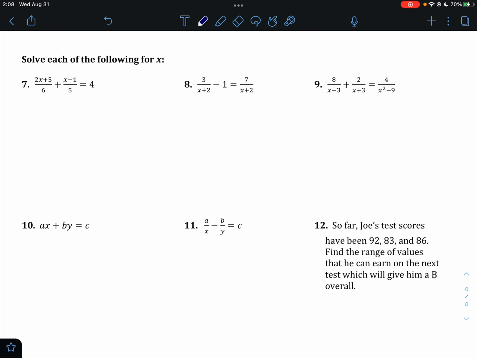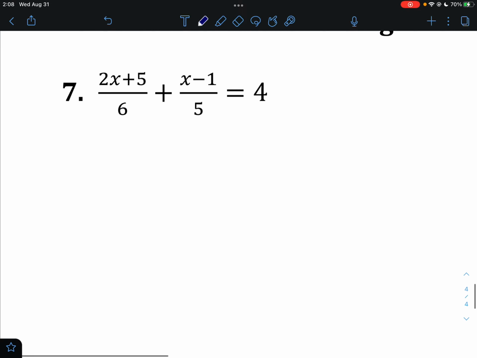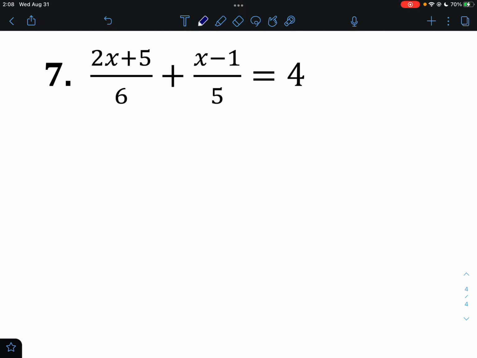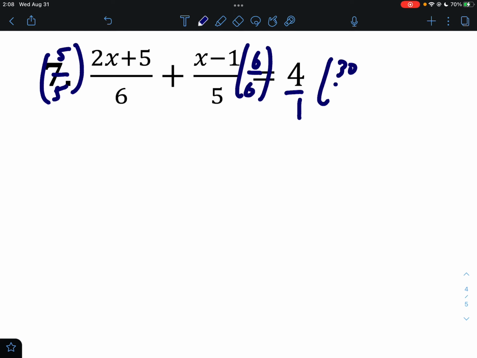On our last slide, we're going to do some solving now. All right. So to solve, we still want to get a common denominator. The common denominator here, remember this is over 1, is the smallest number that both 6 and 5 and 1 can all get into evenly. That would be 30. So multiply this one by 5 over 5, this one by 6 over 6, this one by 30 over 30,